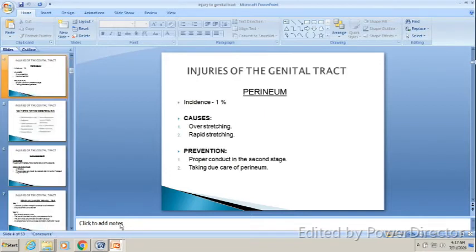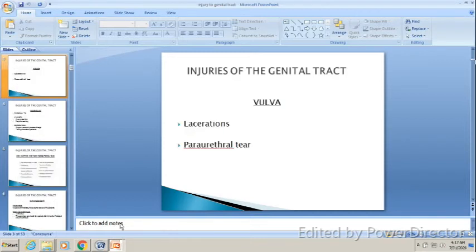In perineal injuries, vulval injuries, there is laceration. Lacerations usually happen during operative delivery, instrumental delivery, and repeated PV examination, repeated vaginal examination. It usually happens in the periphery. The patient is referred with obstructed labor, and they have so many vulval lacerations. Why? Because so many repeated vaginal examinations have been done that it gets edematous and lacerated. When you touch it, you will see so many cuts over the vulva because of improper vaginal examination. Paraurethral tears happen during normal delivery.